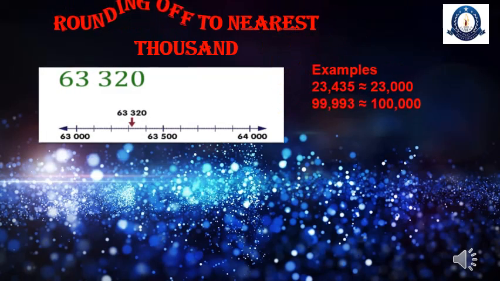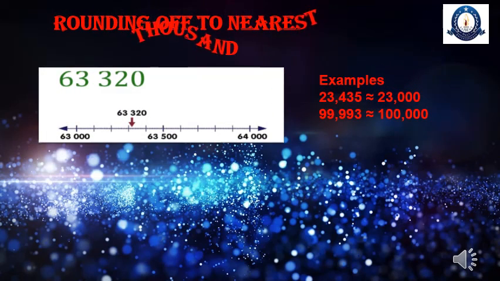Now let's see how to round off to the nearest 1000. The rule is the same. Now you will see the place of 1000. Again you will revise 2 families and that rounding poem. Look at the number 63320. You have to round off to the nearest 1000. So you have to decide 2 benchmarks in thousands, 63,000 and 64,000. Midpoint is 63,500. Now look at the number 63320. It is close to which number? 63,000 or 64,000? It is close to 63,000.